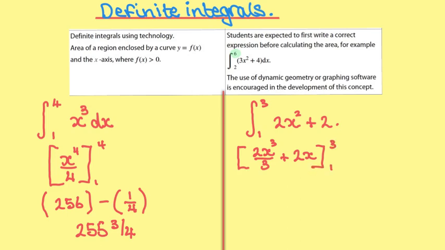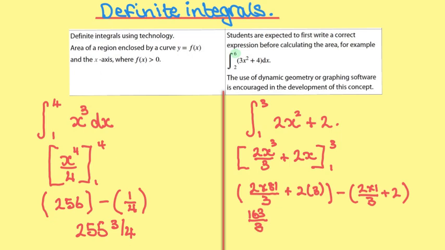Now substitute 3 into it, and I get 2 times 81 over 3 plus 2 times 3, minus, substitute 1 into it, so I get 2 times 1 over 3 plus 2, giving